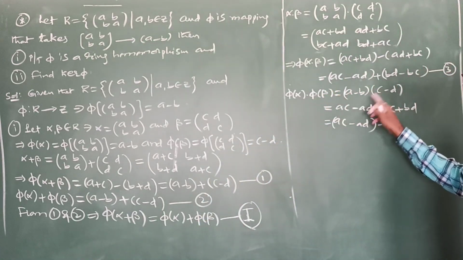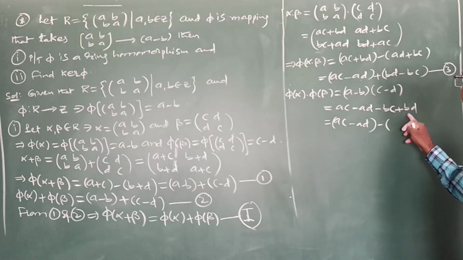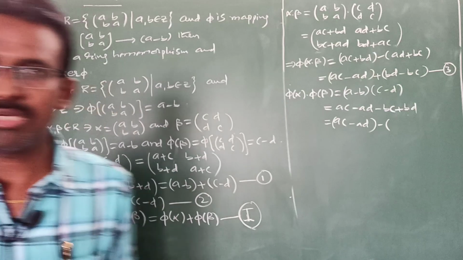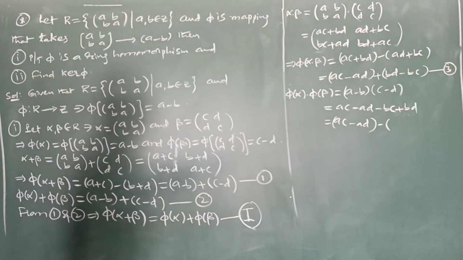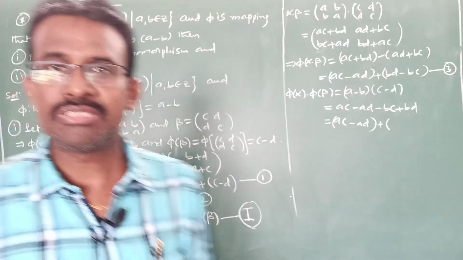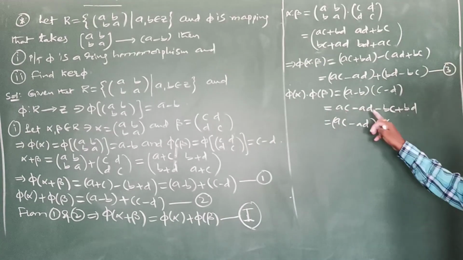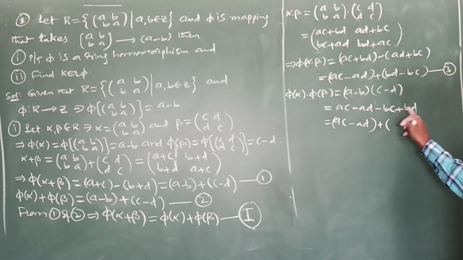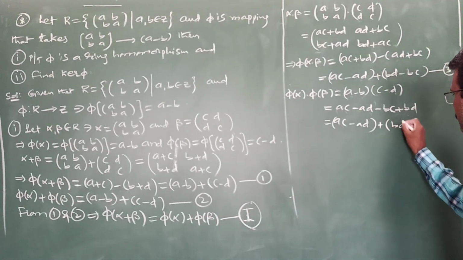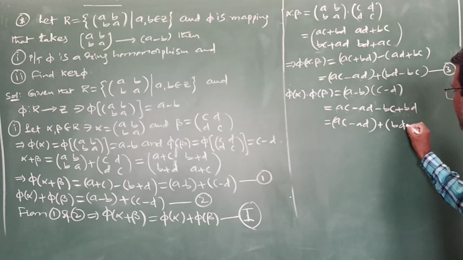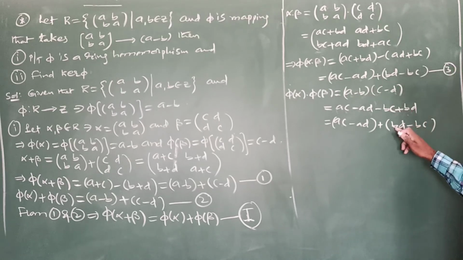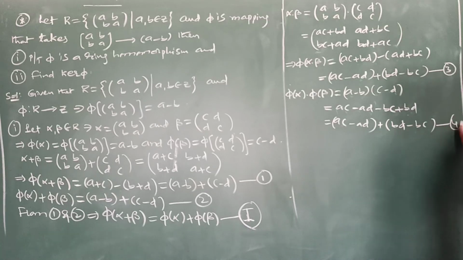Once look here. This into this is this. This into this is minus AD minus BC plus BD. Right? Once look at that condition. AC minus AD, this is one combination. Next BD plus only, BD minus BC. Any problem? This BD I first wrote, minus BC here, plus only. Now let it be, this is number 4, right?